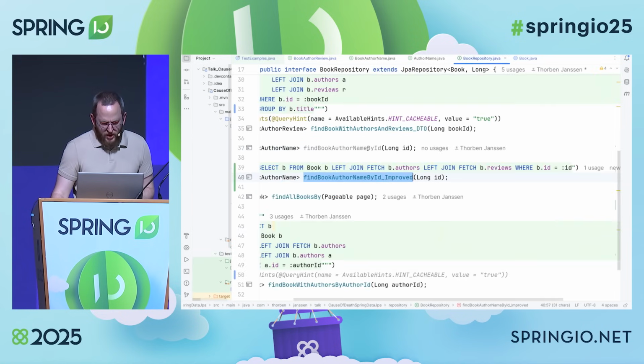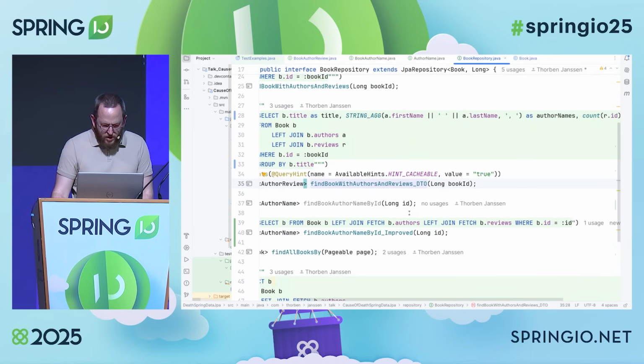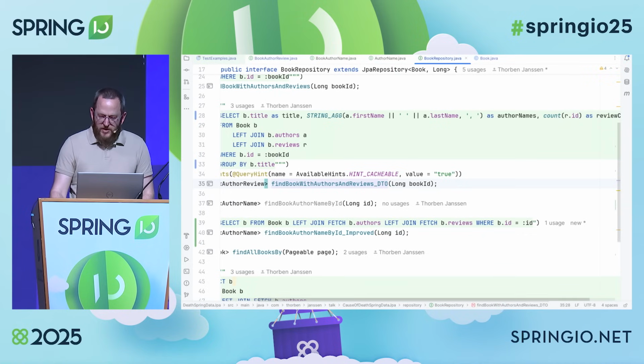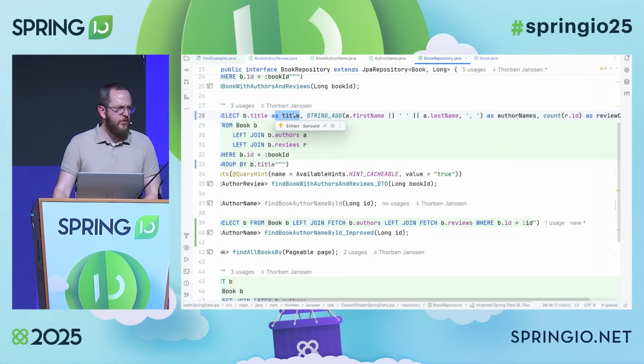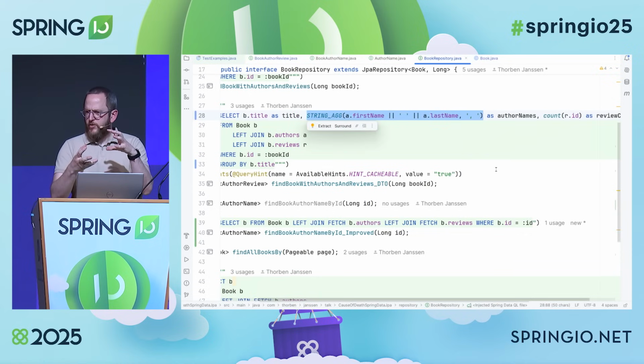So we have to put a little bit more work into the query statement, and I did that here. I'm selecting the title of the book and set the alias title. That's important for the automatic mapping. Then I use a database function to actually aggregate all these strings of the authors.